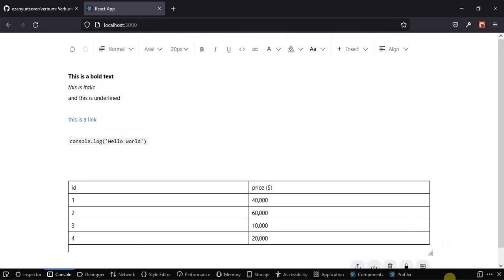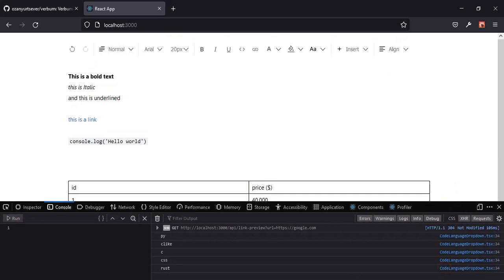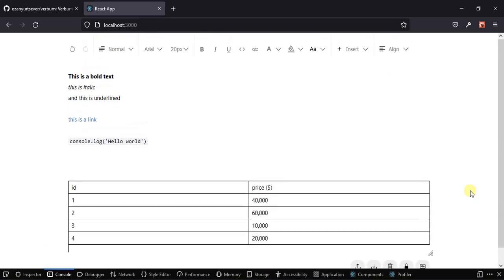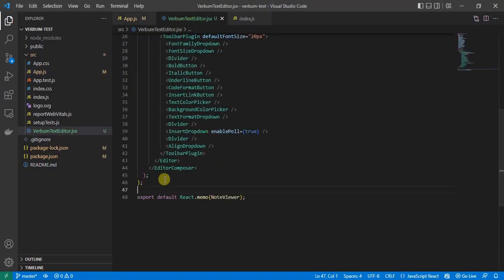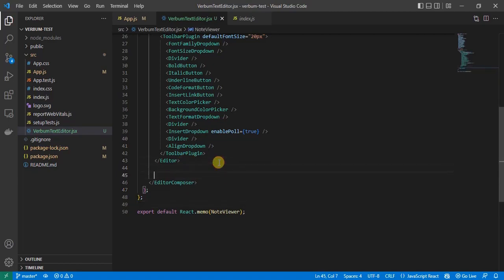Okay, now the reason why I copied it is so we should not waste much time. Let's go into the code and try out what I said: how to get the contents of the text editor. I'm just going to add a button here. It's going to be unstyled. I'm not going to be styling the button because this is not a CSS tutorial. On click of this button,